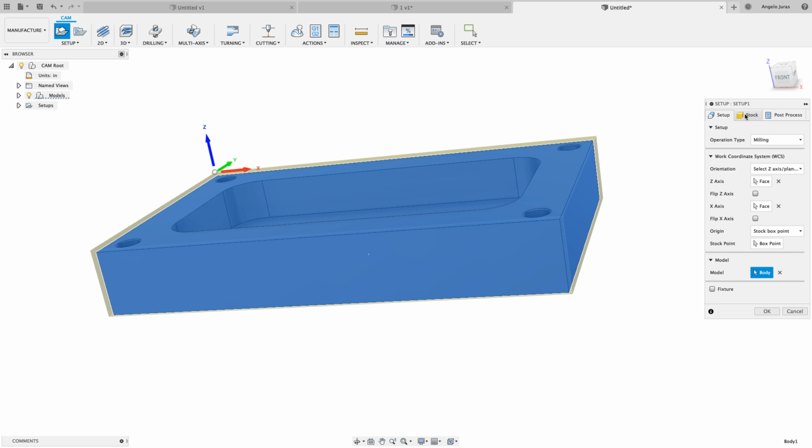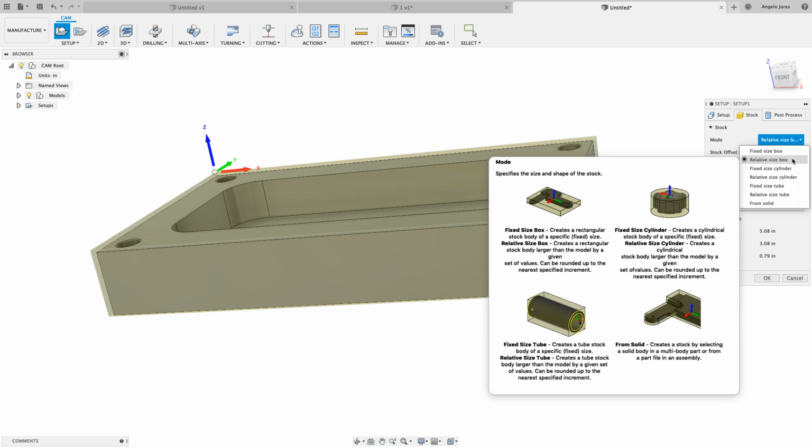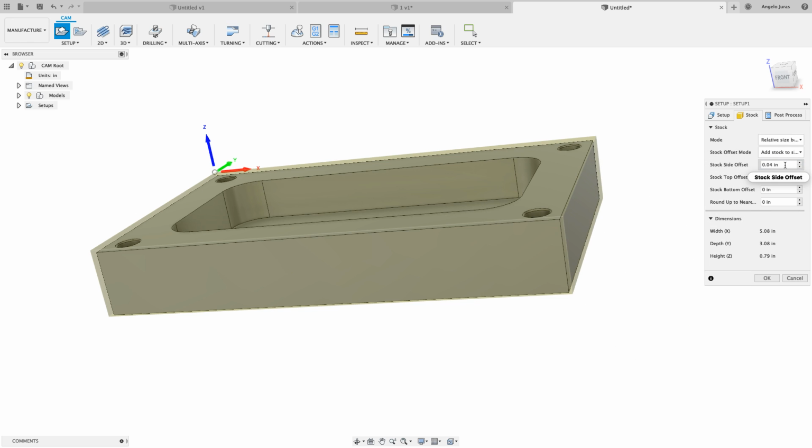On the next tab here is stock. So this is where we're defining the size of our stock. So you can see the part, we've already designed the part, and Fusion is automatically recognizing that and creating, in this case, a boundary around that by default relative size box. So we've got some options here, relative size box. So if you hover your mouse, the cool thing about Fusion is it shows you a tooltip and it gives you some input. So if we keep it here to the relative size box, and on the sides we want to add, let's say 100 thousandths, and on the top if we wanted to leave 20 thousandths, and on the